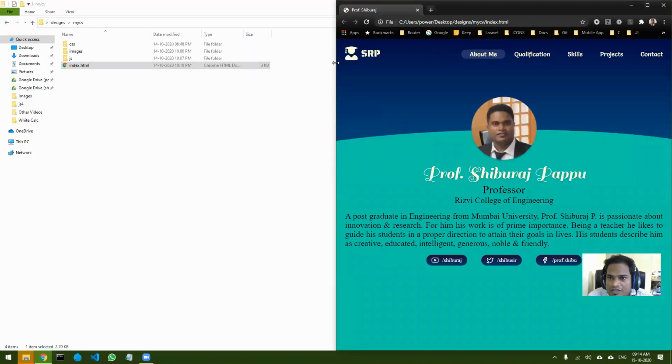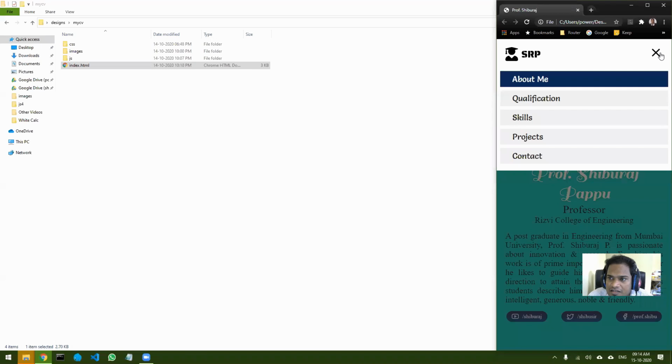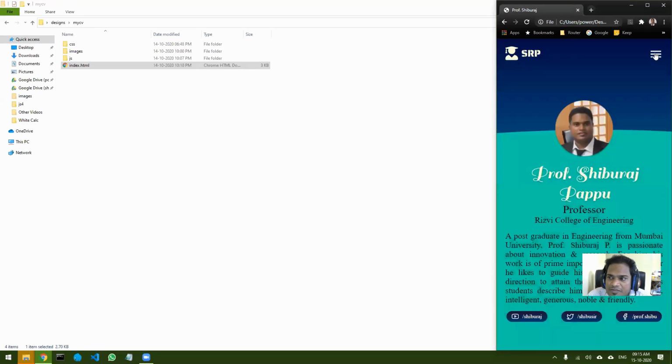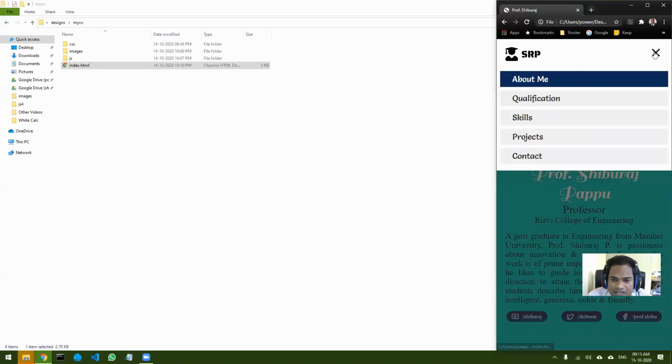If I go to this particular size, you can see the menu disappears, and now I can click to open the menu. This I have done using CSS, but to show and hide the menu, I am using a little bit of JavaScript. You can see the JavaScript code also for this. I have shared it with you.